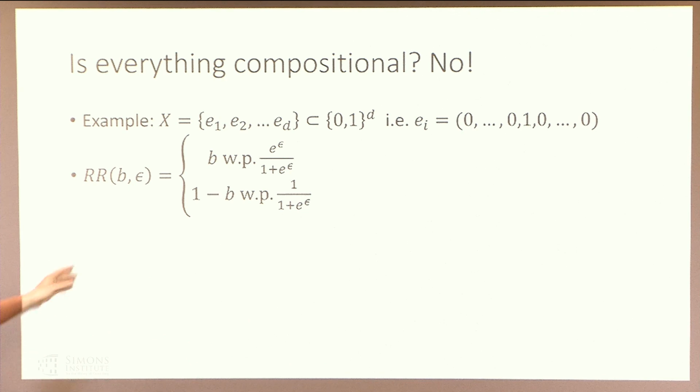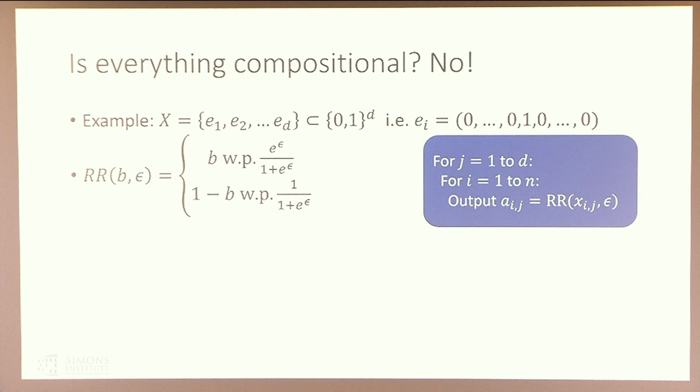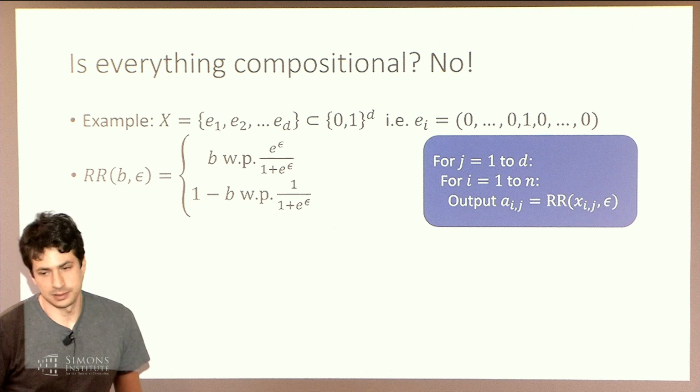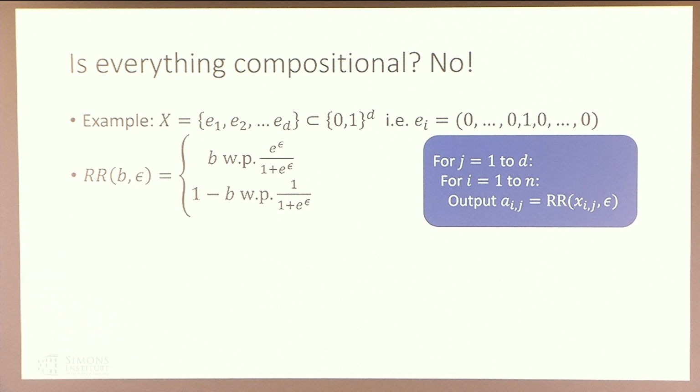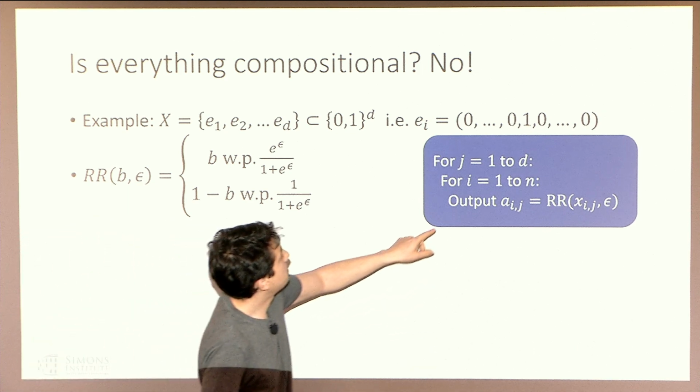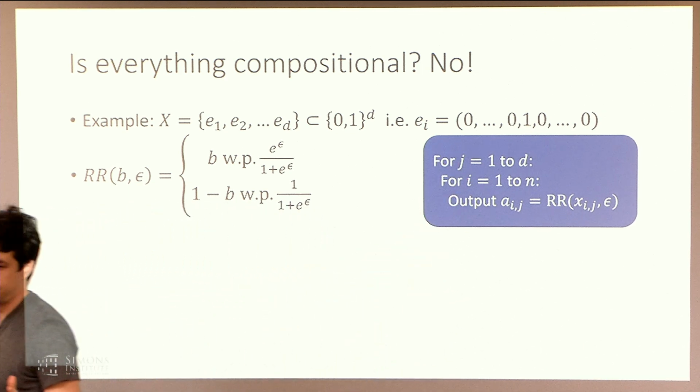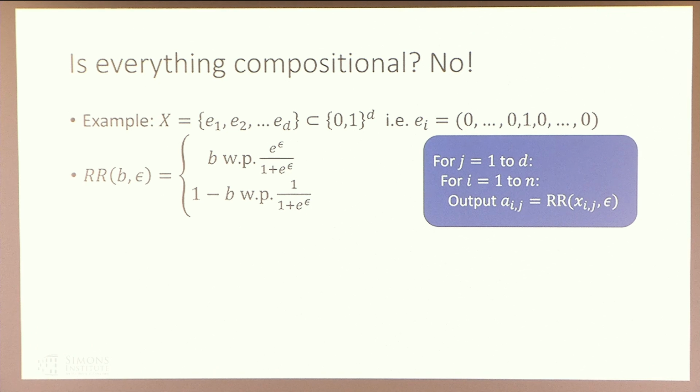And remember what randomized response is. If I run randomized response on a bit, then you will output that bit with probability e to the epsilon over 1 plus e to the epsilon. Otherwise, you'll flip the bit. Now what I'm going to do is, for every person and for every coordinate, for person i, ask them to run randomized response on coordinate j of their bit with privacy parameter epsilon. So every person is running d local randomizers, each of which really is epsilon differentially private